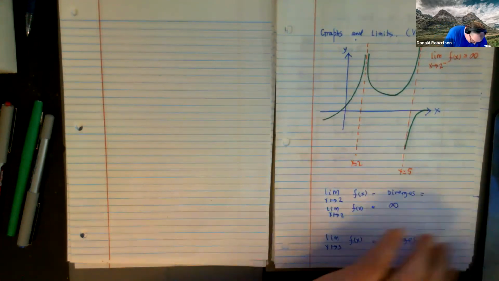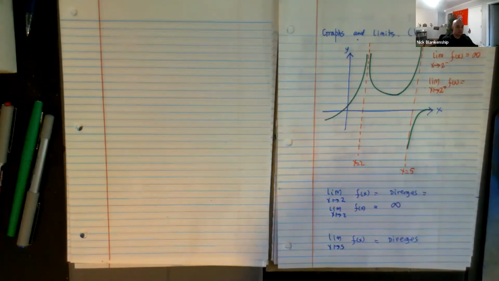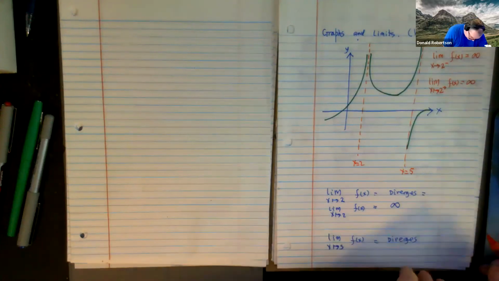What would the right-hand limit as x tends to 2 plus look like? What would its value be? It would also be plus infinity. And since these are the same, does it not mean that the overall limit exists? And won't it be called